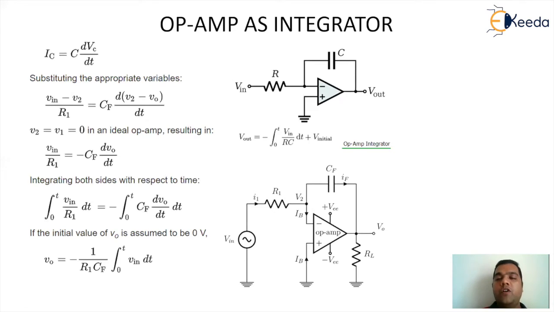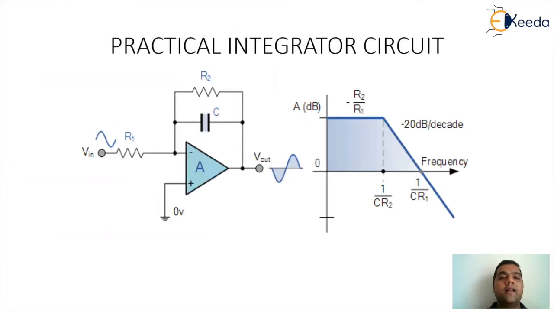But whenever we go for the basic integrator, we modify it into a practical integrator. Under the practical integrator circuitry, we have an additional resistance R2 to stabilize the circuitry. Under that logic, the gain of the amplifier circuitry will be minus of R2 by R1. So the magnitude of the gain will be R2 by R1, and the cutoff frequencies of the practical integrator will be defined in terms of the parameters R1, R2, and C.